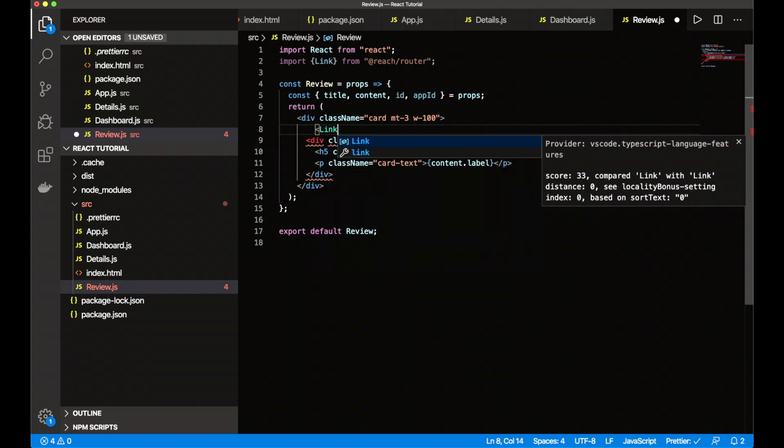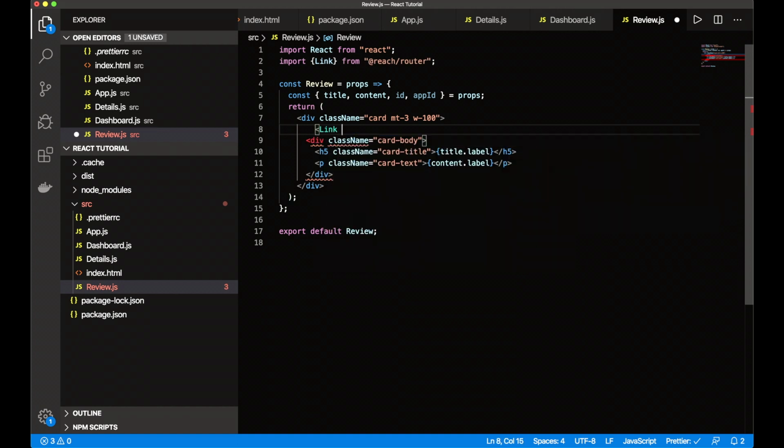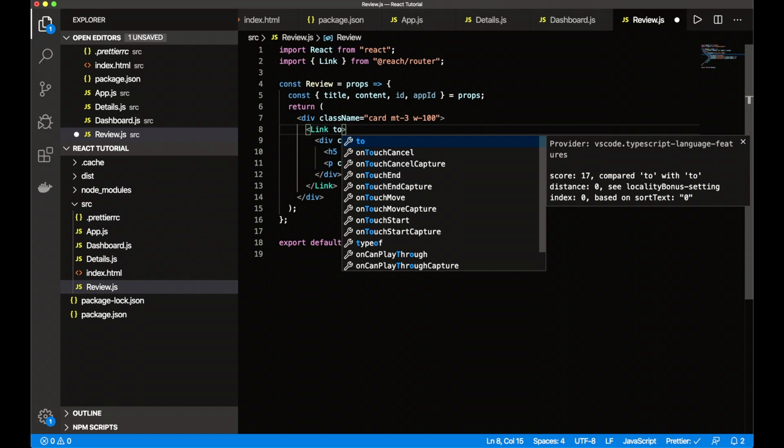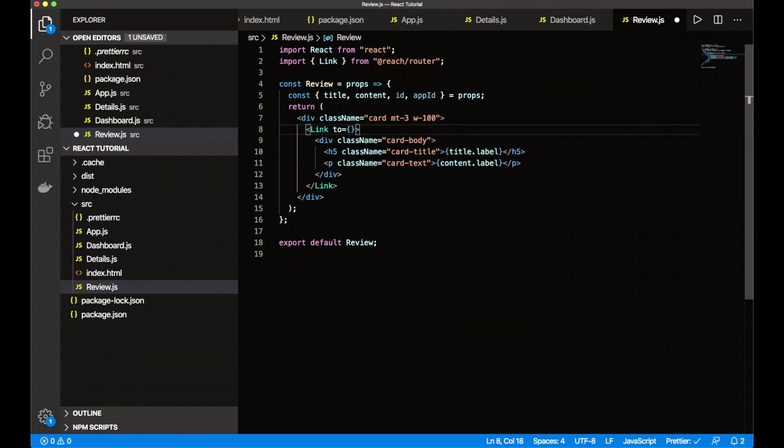And in JSX, it will be Link. Okay, we can wrap this into Link. And the Link has one parameter, that's, of course, in curly braces. And then we can use a template string. And the URL will be /details/